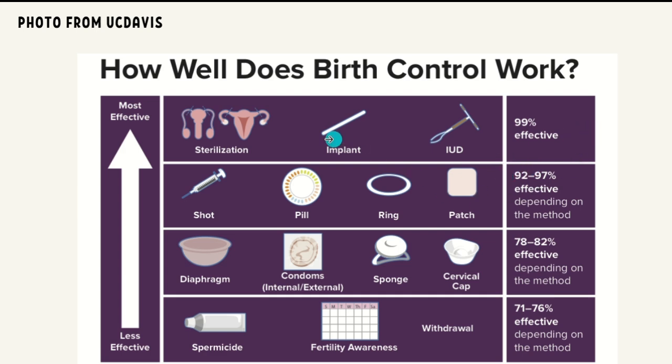Then at 99% effective, you have sterilization. Basically, this would mean that they tie their tubes, or have an implant, or you'd get an IUD. But the implant is something they put in the arm, I think. I don't necessarily remember. But yeah,